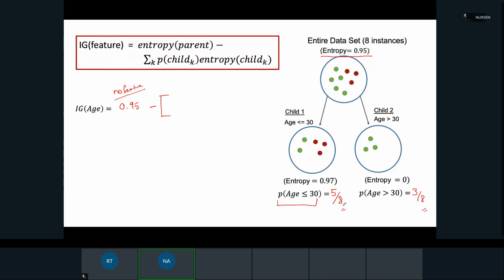If you go back to the health case where we have only 2 good health patients, can we make a solid prediction based on that? So we need to consider how many instances we have from a particular group when we think about how much that category can help us to estimate the target variable. So if you put down our formulation, we have 5 over 8 cases in the first group times its entropy, 0.97,